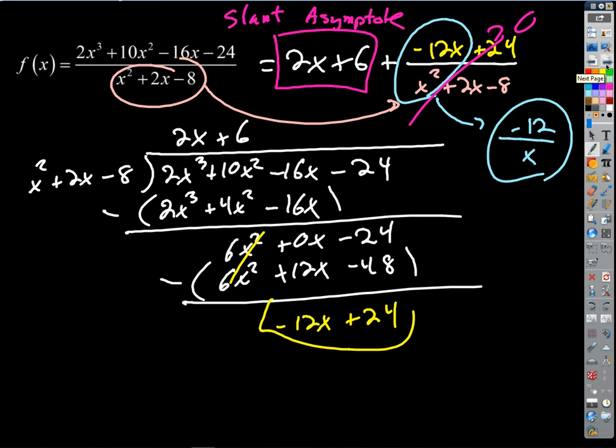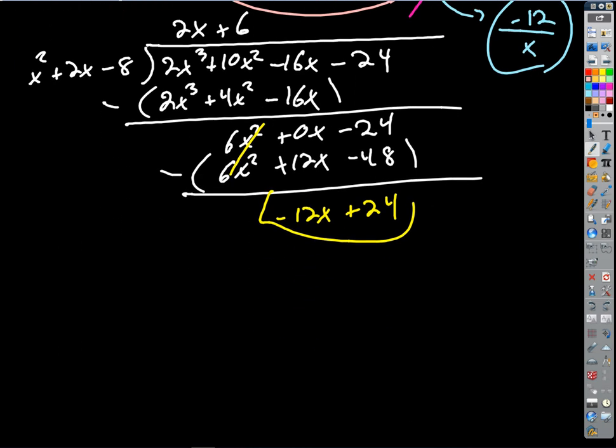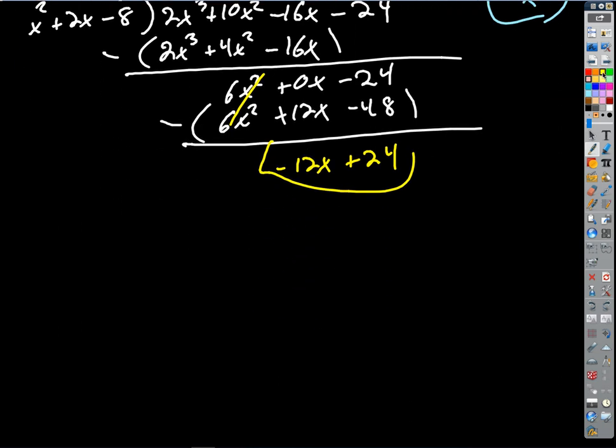If we just go through the process, we get 2x plus 6 plus the remainder of -12x plus 24 divided by our denominator. The remainder is what remains over the denominator. Okay? And so now look what happens when we take this limit. If we take the limit, I want to redo this part. So we've got f of x